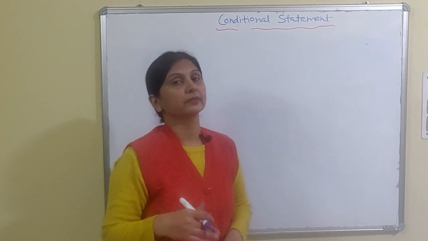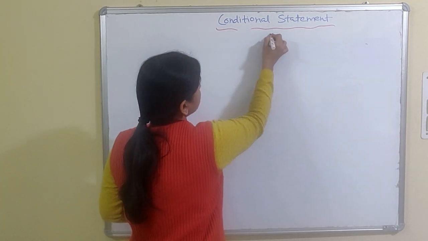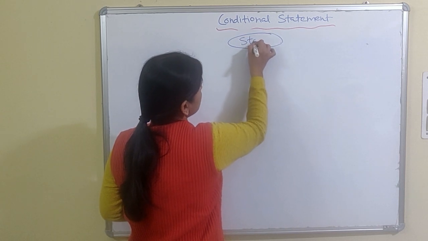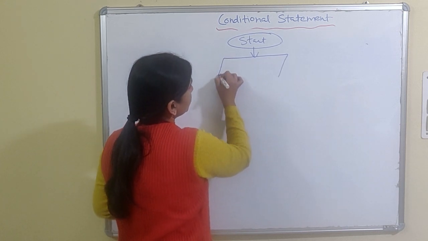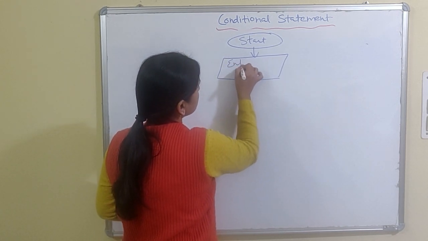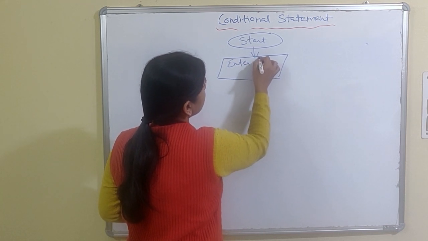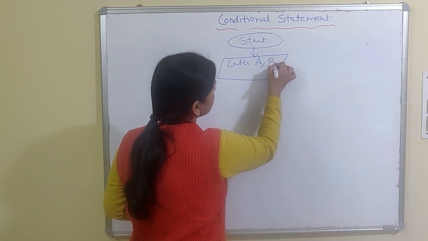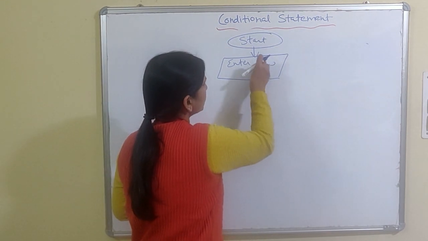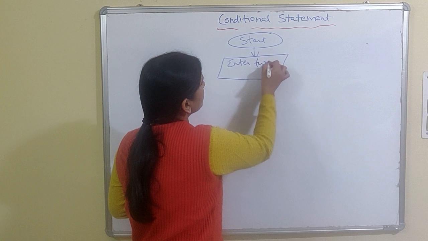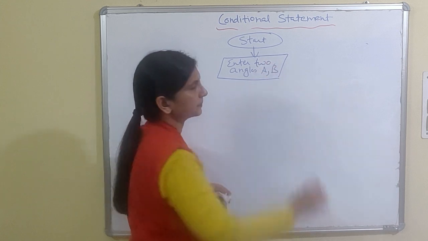But before making the program, what we have to do? We have to draw the flow chart. So let's start. First, start. Fine. What we have to input or enter? Enter two angles. I am taking two angles, A and B, or PQ, any angles you can take. Fine. Or you can write with a message. Enter, it's your wish, enter two angles, A, B. Fine.